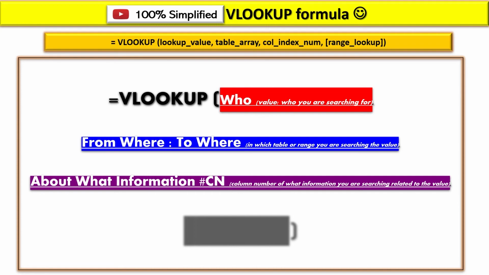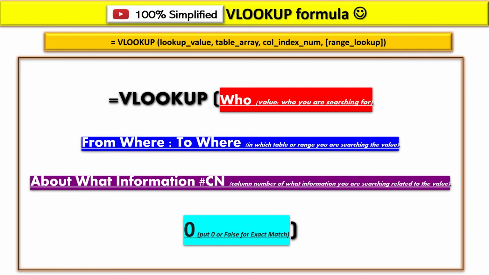And what the third part actually means is, it's the column number of what information you are searching for related to the value. And finally, we put a 0 because we want to get an exact match. We can also put the word false as the fourth part, but let's just put 0 because it's easy to remember and easy to type.